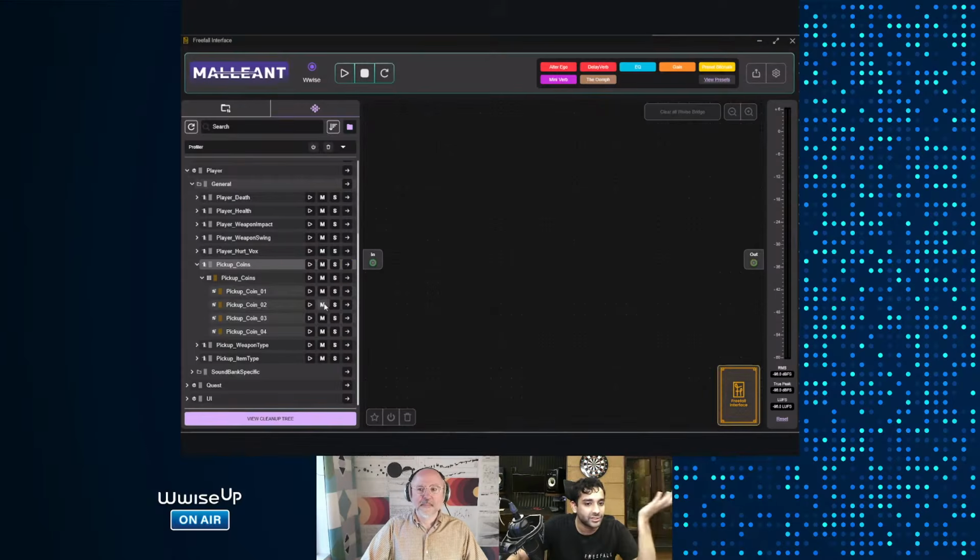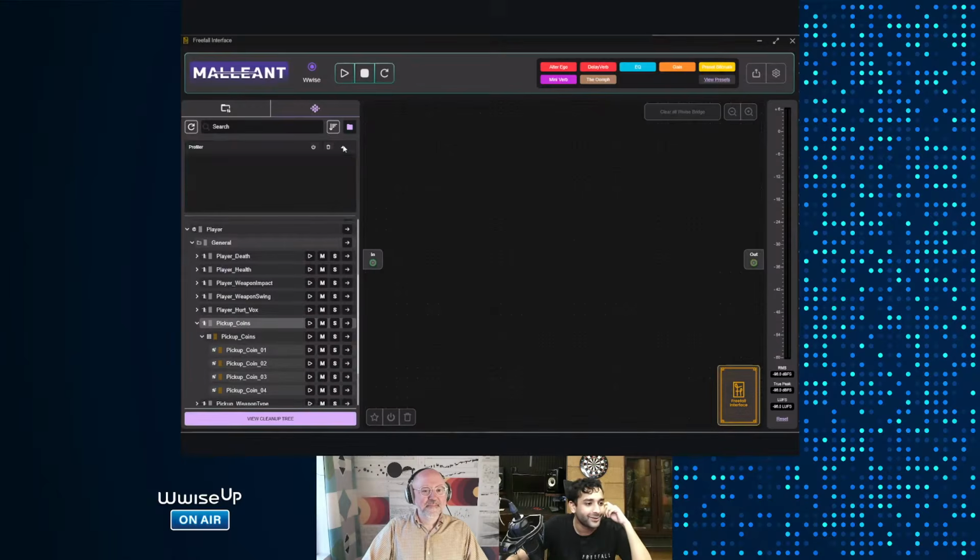You have your typical functions like mute and solo. So if you want to mute or solo, that works. It also works from our newly developed profiler section. So if you start capture, we're going to change the logo for this, make sure it's the Wise logo for capture. So it's a work in progress. But if I do this now, it will show you which event was triggered and inside those events, which sound was triggered. So if I keep doing this, you know that, okay, these are the problem ones. For now, this holds 30 seconds, but you can change that yourself. You can set how much it holds, and you can clear it.